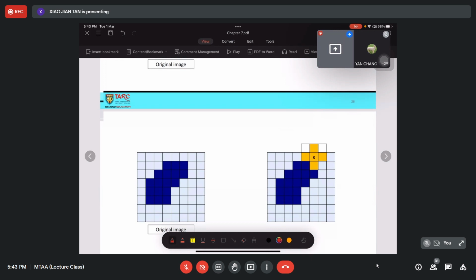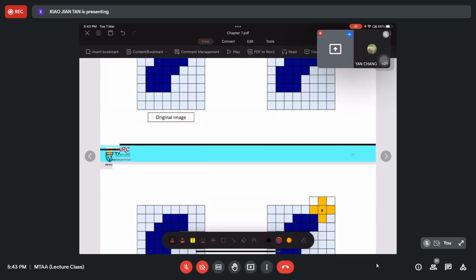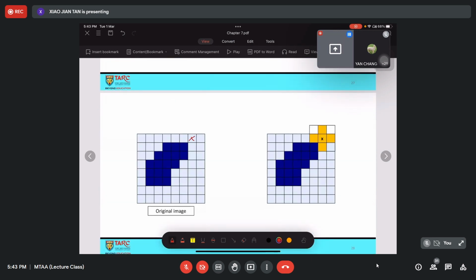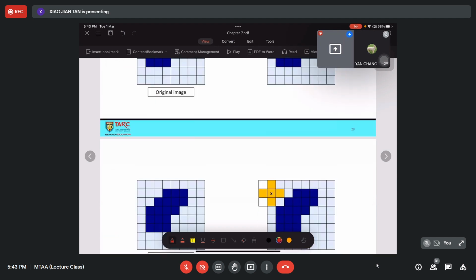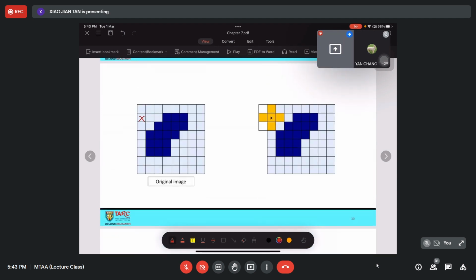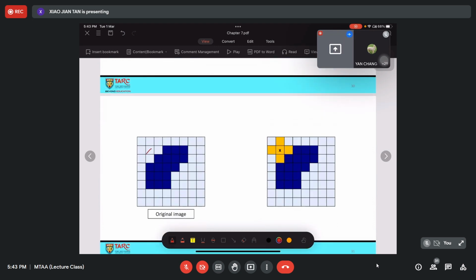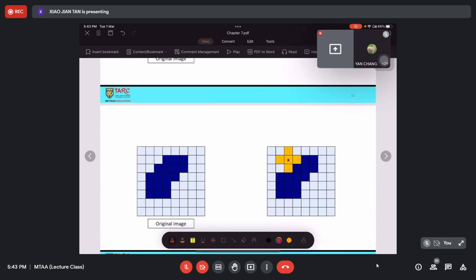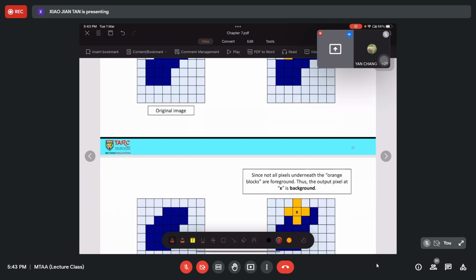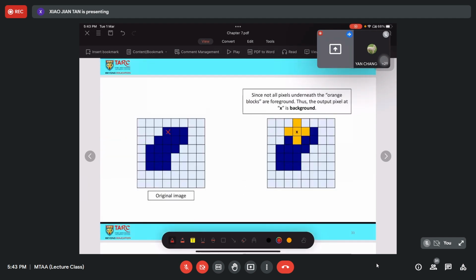So we continue to the next pixel here, next pixel here. We move to the next line, the next pixel, the next pixel, and now the center pixel is overlapped on top of the object.